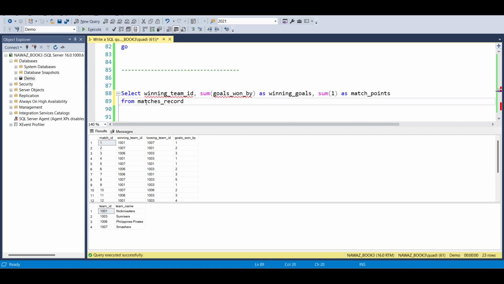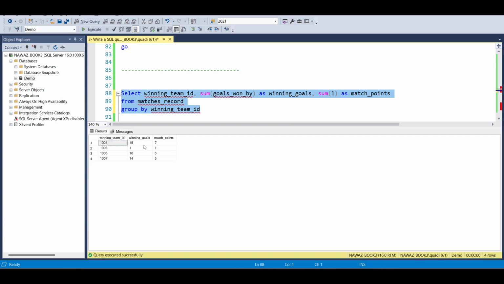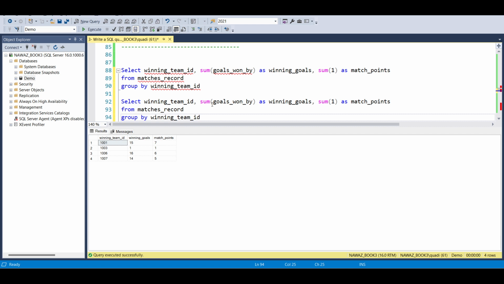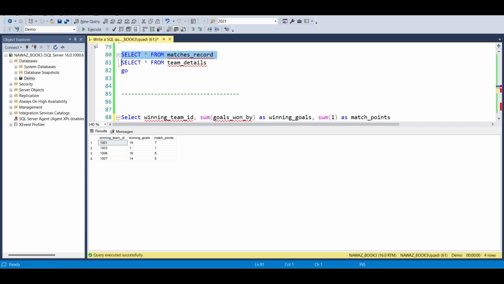Okay, and again we are using the group by this winning team. If we select the query, we will get the winning goals and match point. And again, I will just copy this query, and we have to use the